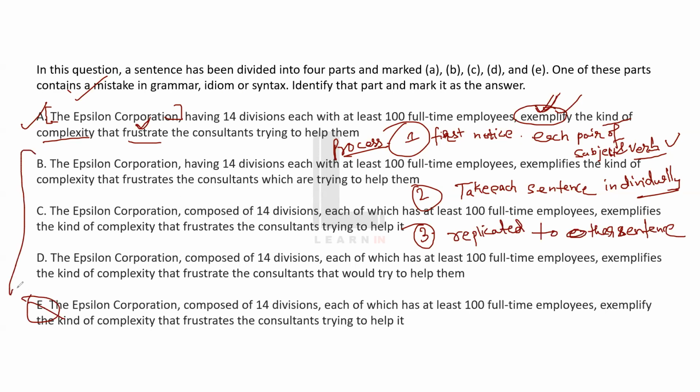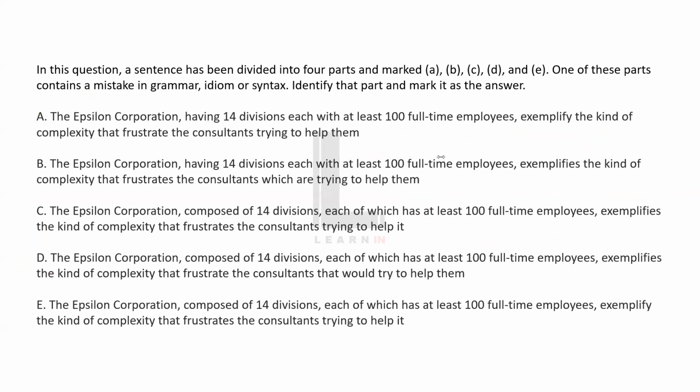Fine. Then I was left with B, C, D. Now the second thing was that I checked the complexity and the kind, I saw frustrate, and D was out, B and C remaining, last word remains, right? So compare the options, among the last two options. I hope this is clear.